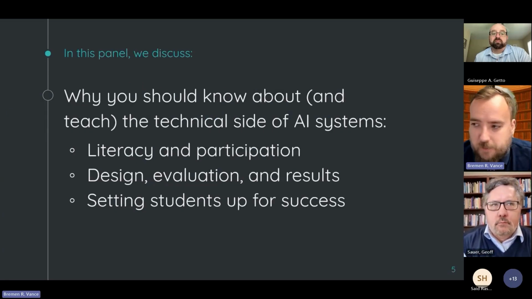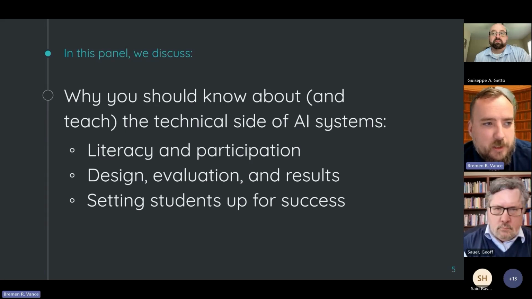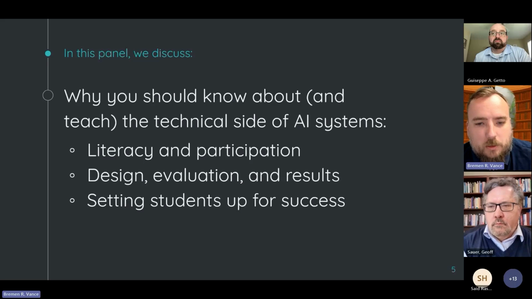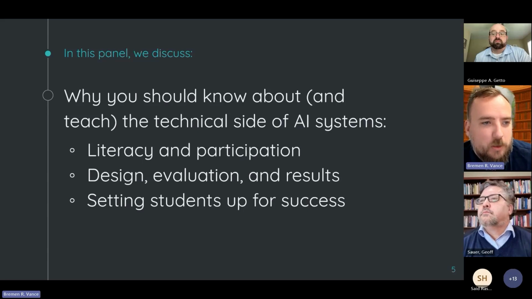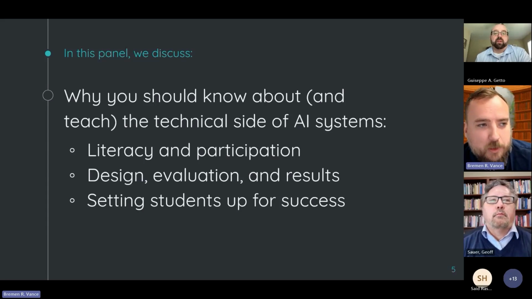So here's a summary at a high level of what I think we're arguing, and my collaborators can correct or add as they see fit. But I think what we're suggesting is that each of us, as educators in this space, should know and support the teaching of some of the technical side of AI systems. And I think we're trying to figure out exactly which aspects of the technical side we should be paying attention to. But I think that doing so is essential to our collective project of promoting modern literacy,